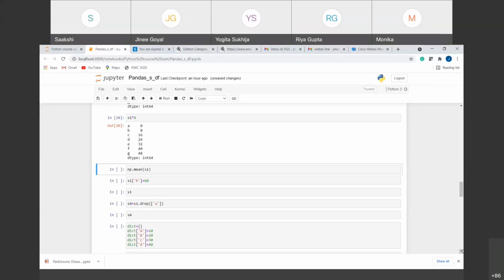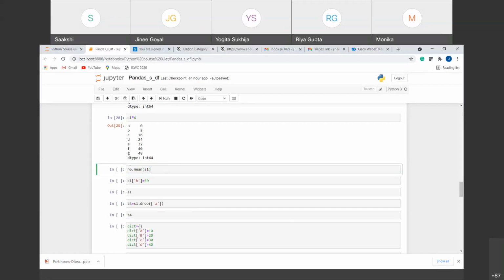So we have covered the logical operations as well as the arithmetic operations. Now we can also have some statistical operations on it. Like we did in the NumPy library, we calculated the mean, median, mode, all these things, right? So we can calculate the mean here also of the complete series. So how can we calculate the mean here?